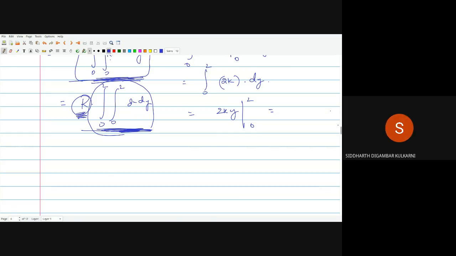If we bring k out, then 1 remains inside the integral. That is what you are going to integrate, 0 to 2 dx. K is just scaling that volume to k units. Otherwise, we are integrating 1 to get a unit volume, and after that we scale it by multiplying with k. This double integral is not itself the area; it comes out to be the area of that region.